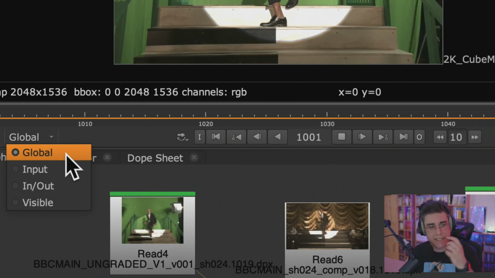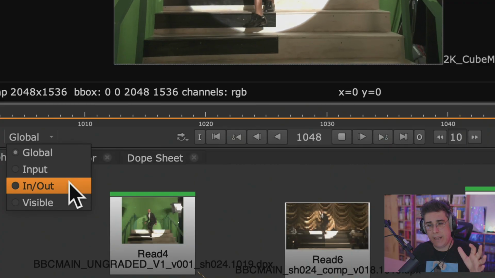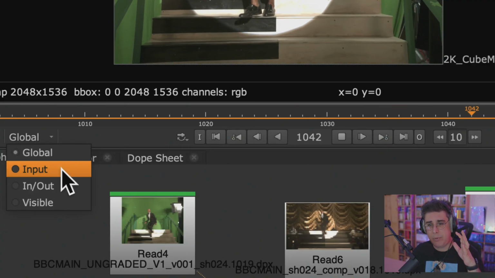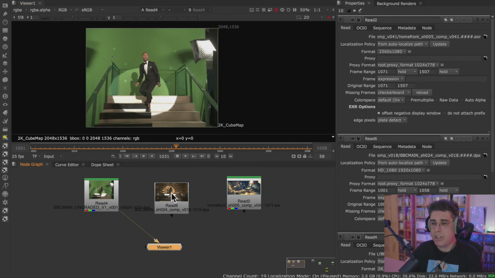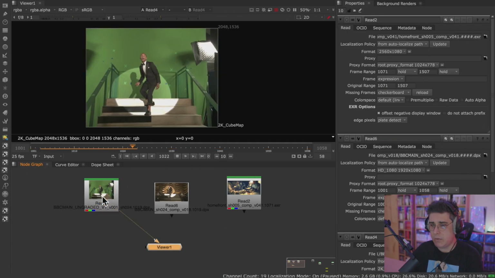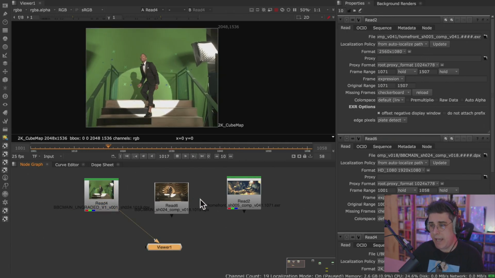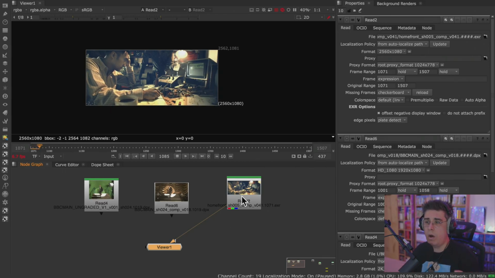We have global, which uses the settings of the project. We have input, we have in and out, and we have visible. I'm going to choose input. Now, as I change my inputs, the frame range changes as well. Notice this one is 1001 to 1058, and then if I select this one, it changes the frame range to 1071 to